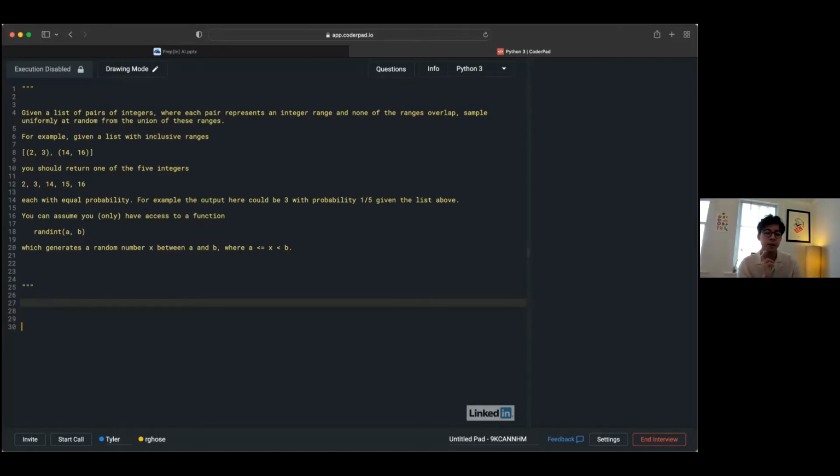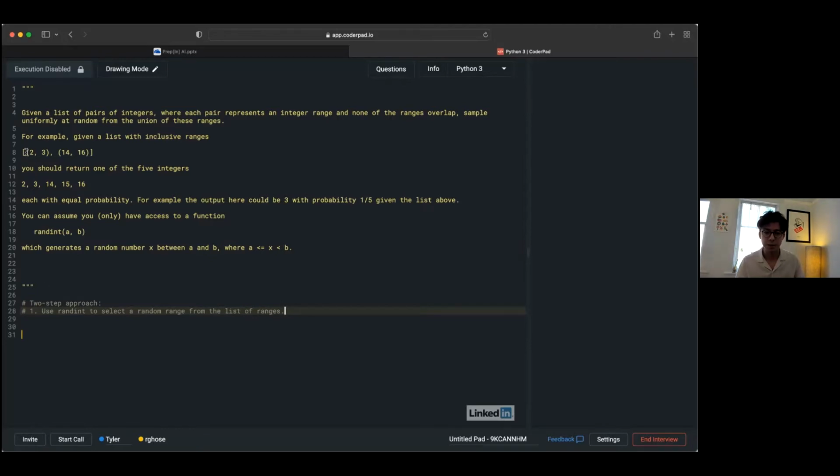So let's see, the first thing that I'm thinking of here is maybe to decompose this problem into 2 different subproblems and take a 2-step approach. So the first step that I'm thinking of is to use randint to select a random range from the list of ranges.